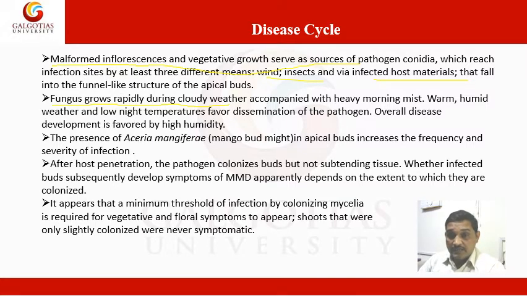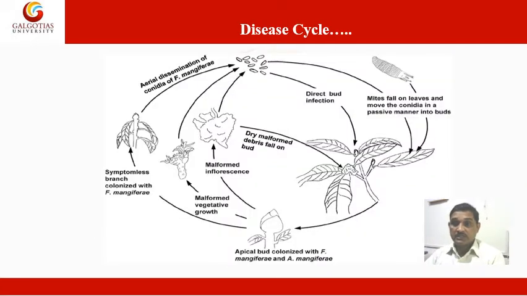It appears that a minimum threshold of infection by colonizing mycelium is required for vegetative and floral symptoms to appear. Shoots that were only slightly colonized were never symptomatic. It means the pathogens basically transmit through the wind, through infected tools or materials, and through rain splashes or rain droplets. Now you can see here the disease cycle also represented by